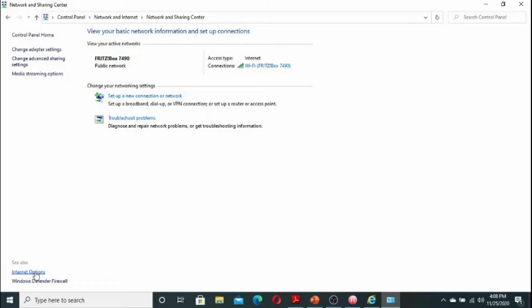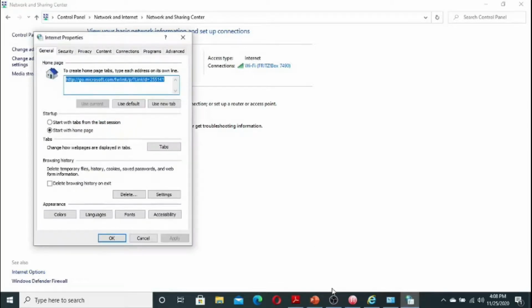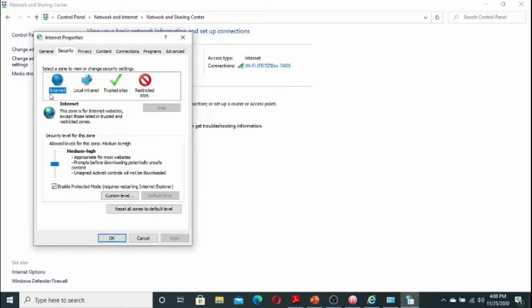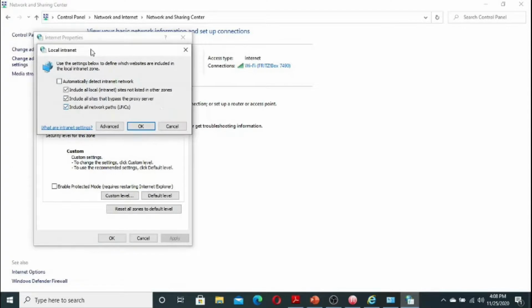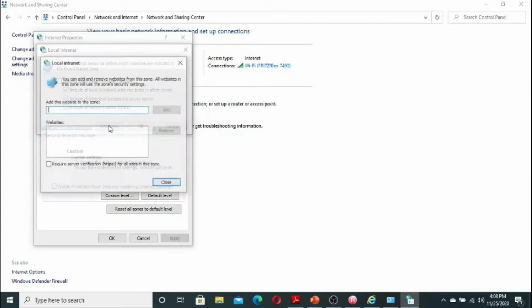If I go to internet options, the next step was to go to security. From security, the third step, you have to select the local intranet plus sites. We are here in local intranet plus sites. I click on sites and it shows another window, and step by step we go to advanced. Here is the place where you have to input that specific address.